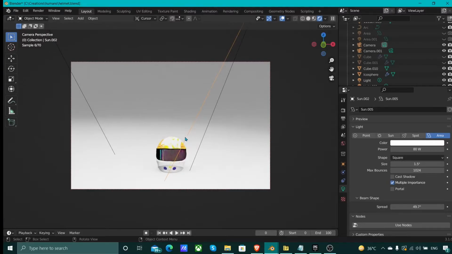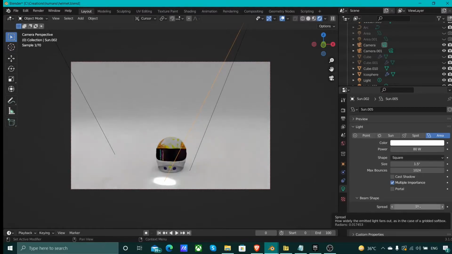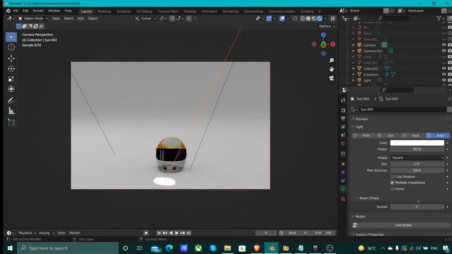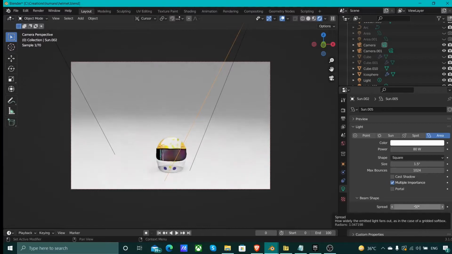It is a very genuine hack when we come to use it in our regular renders, because we can increase and decrease it, and at 1 degree it completely points to a focus. You can see it is just about to penetrate the base, but don't pull it to that level. Just keep it on 60 or 70 in case you want a highlight in a particular area of the render. So you can increase and decrease the amount of spread from here, and it will help you in generating good